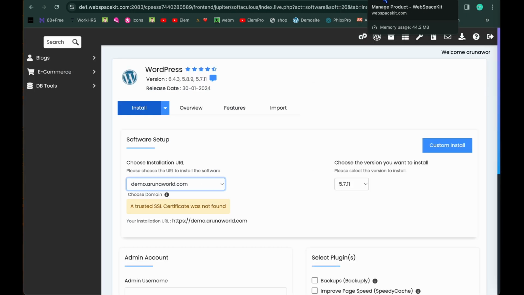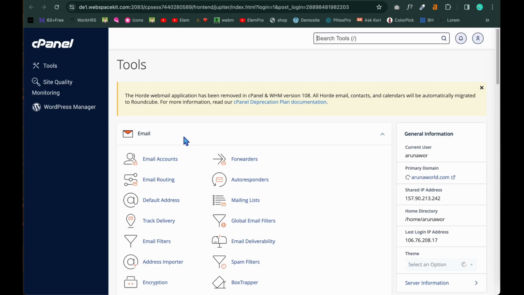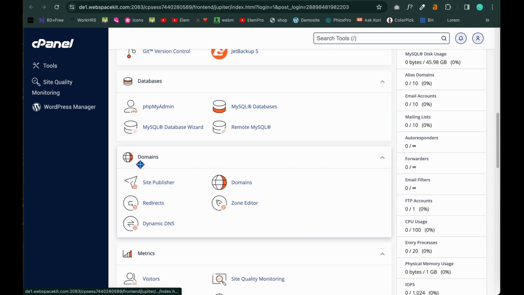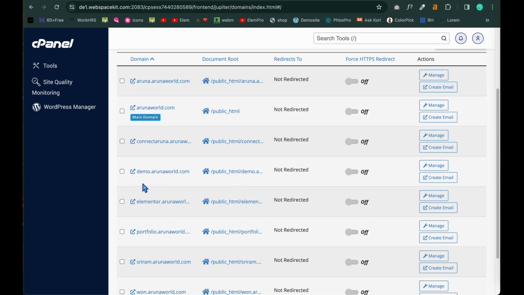Now what we are going to do is go back to the cPanel once again. When the cPanel loads, click on domains, and you can see the new demo.arnaworld.com has been added. Can you see? Demo.arnaworld.com is added. And next, if you want to install WordPress into this, I